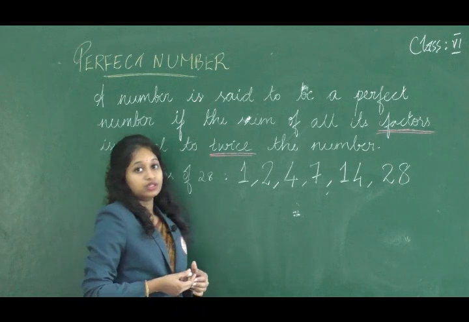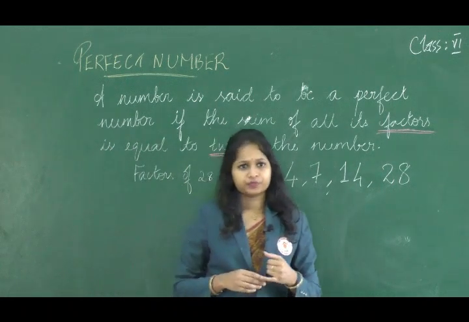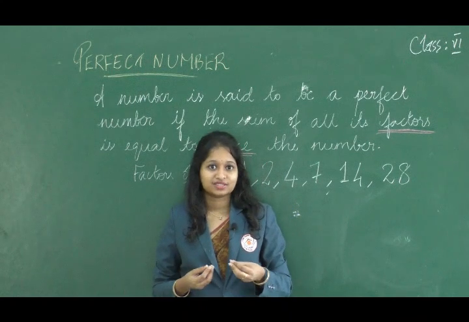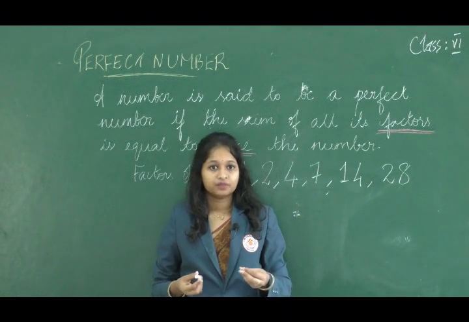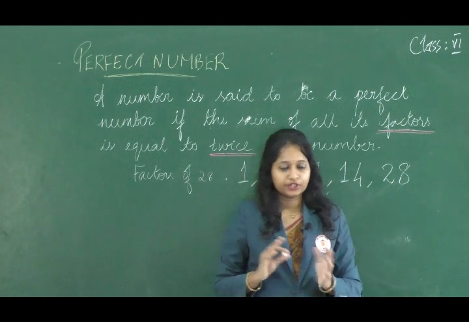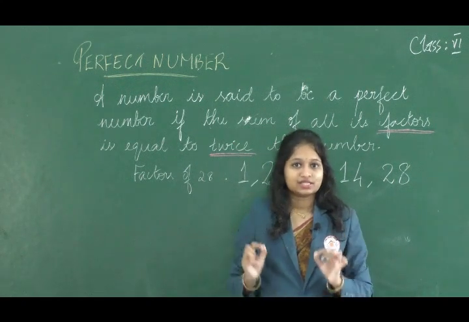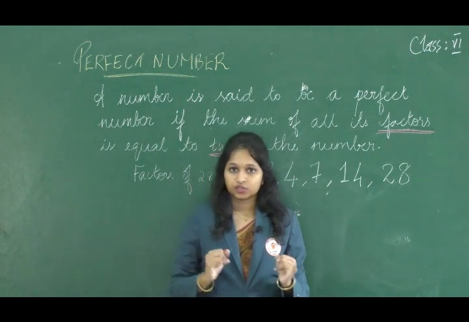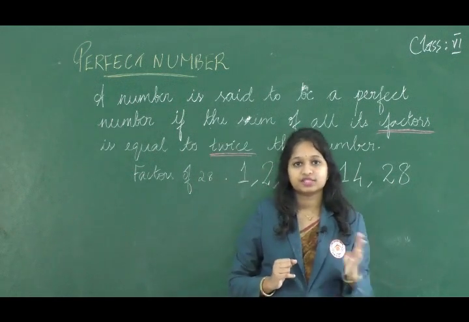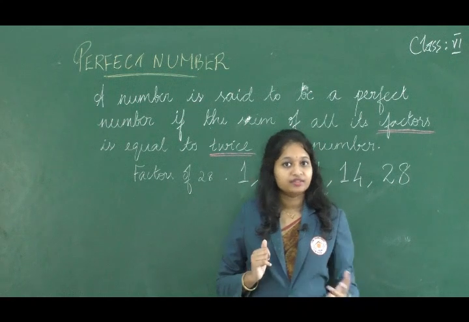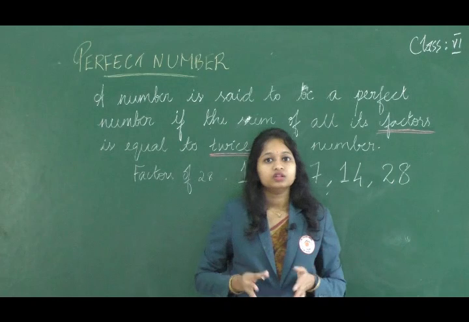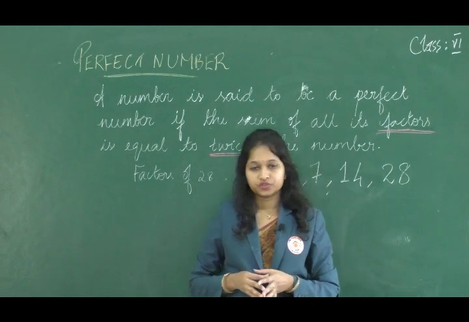Then our next topic is odd and even number. You will know what is odd and even number, right? What is that? A number which is divisible by 2. That means the ones digit of a number is 0, 2, 4, 6, 8, then the number is called as an even number. Rest all are called odd numbers.